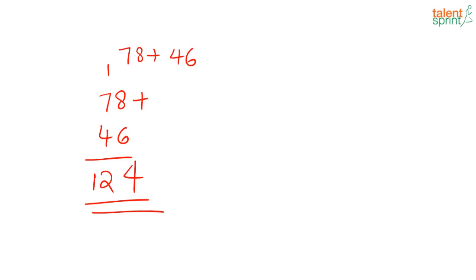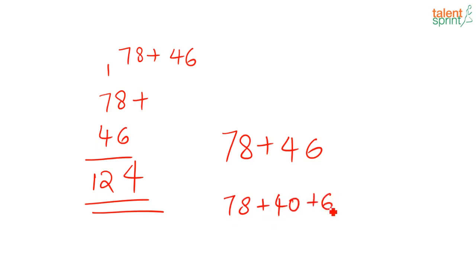To improve your speed, the best way to solve 78 plus 46 is to first see what is 78 plus 40. 7 plus 4 is 11, so 78 plus 40 is going to be 118, correct? So 118 plus 6 is going to be 124. That's the way you should calculate. We will all get the answer as 124. It's a very easy question, but the point I'm trying to make is the way in which you calculate. 78 plus 40 is very easy; in 1 second you can say it is 118, plus 6. If you split it down like this in your mind, it becomes easier to calculate. Or somebody says 80 plus 50 minus 6.